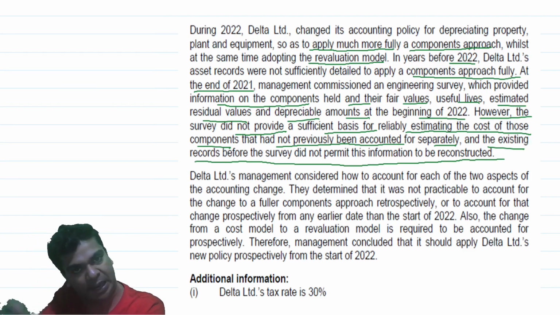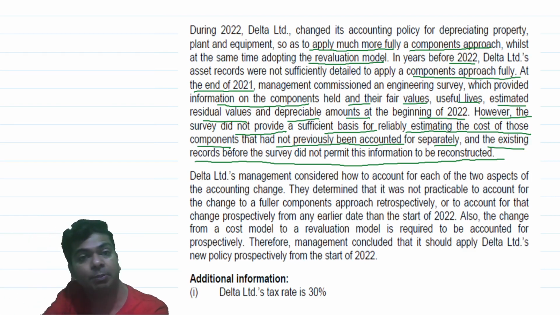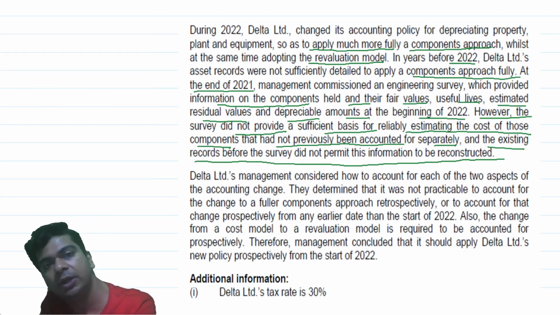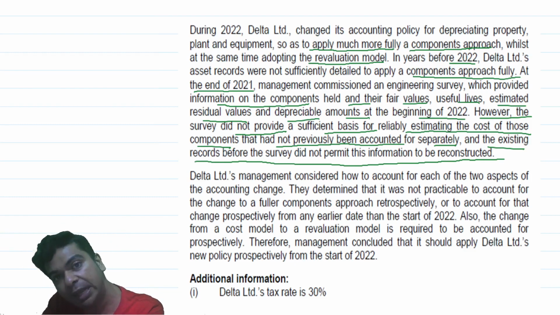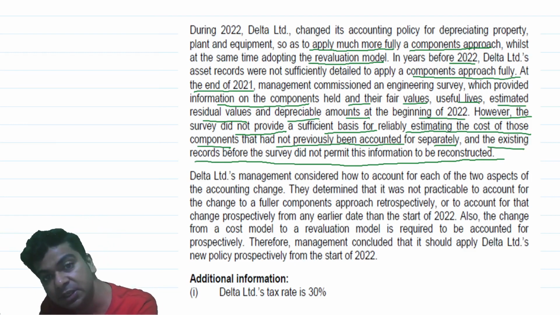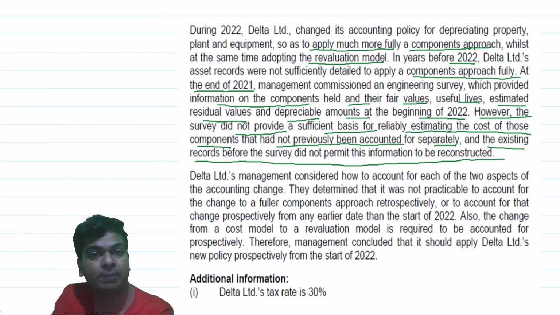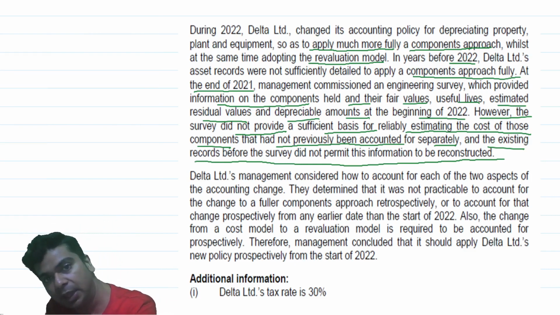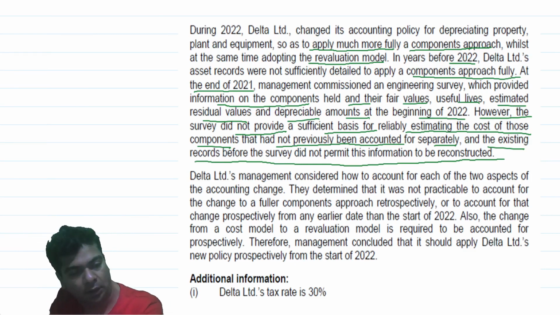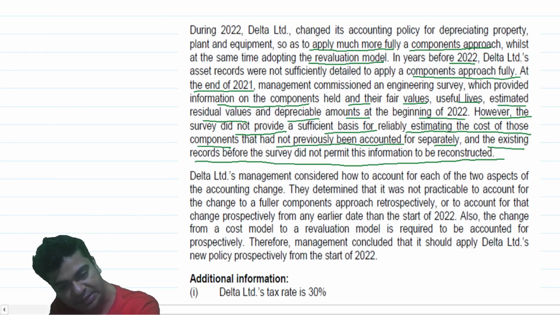I want to change my accounting policy. I want to provide depreciation on component basis. But when can I do that? Only when all those details are available. I am not able to obtain those details. And if I am not able to obtain those details, even if I wish to give retrospective effect of the change in the accounting policy, how shall I be able to do it? Right? They say further in the second para,